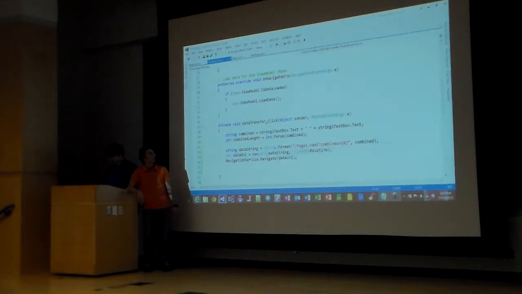and what this is doing is getting the combined length of the combined string, which is string1 textbox.text plus a space plus string2 textbox.text. Now, since we want it to be the amount of letters in the combined string, we will have to subtract 1 because we're also adding this space, which adds to the character length. So now we have the combined length. We can actually add that here. And I'm going to call it